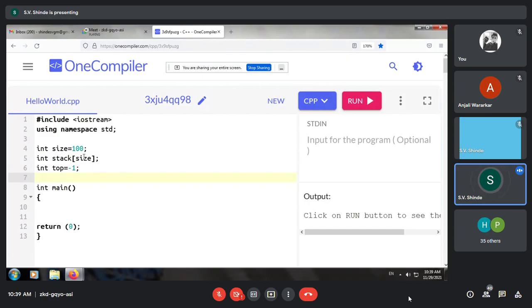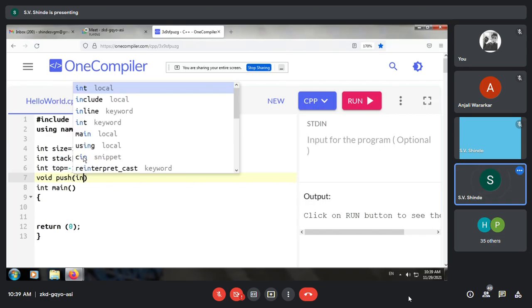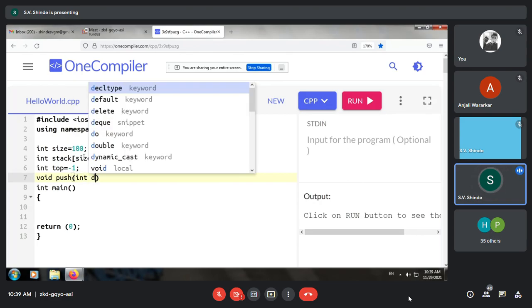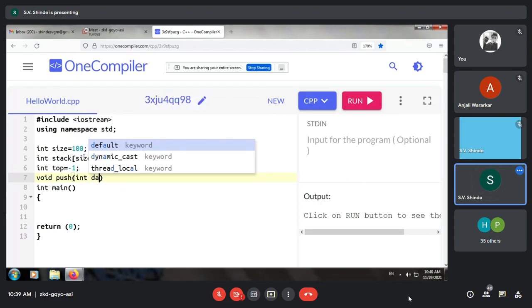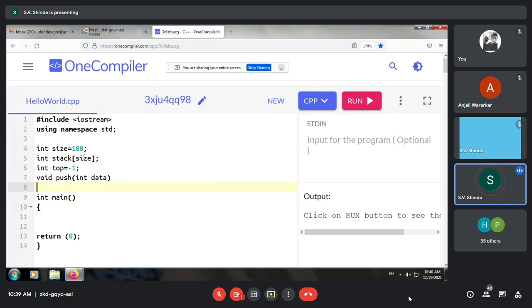Now the functions that we are going to implement. The first function is push. So it is void push, where we are going to push an integer value, that is data, and finally implement the code for that.